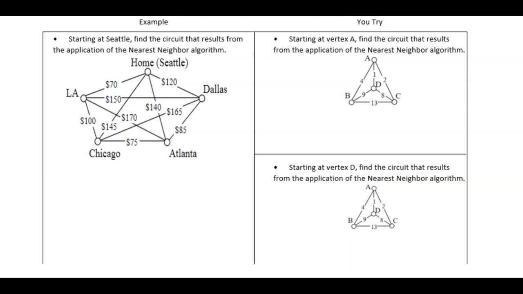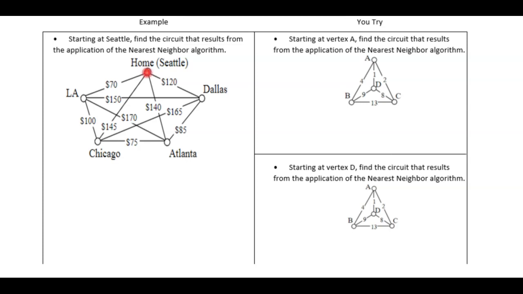Let's take a look at the nearest neighbor algorithm. Starting at Seattle, find the circuit that results from the application of the nearest neighbor algorithm. So we want to start at Seattle. Now the way the nearest neighbor algorithm works is from Seattle you look at the closest, in this case the